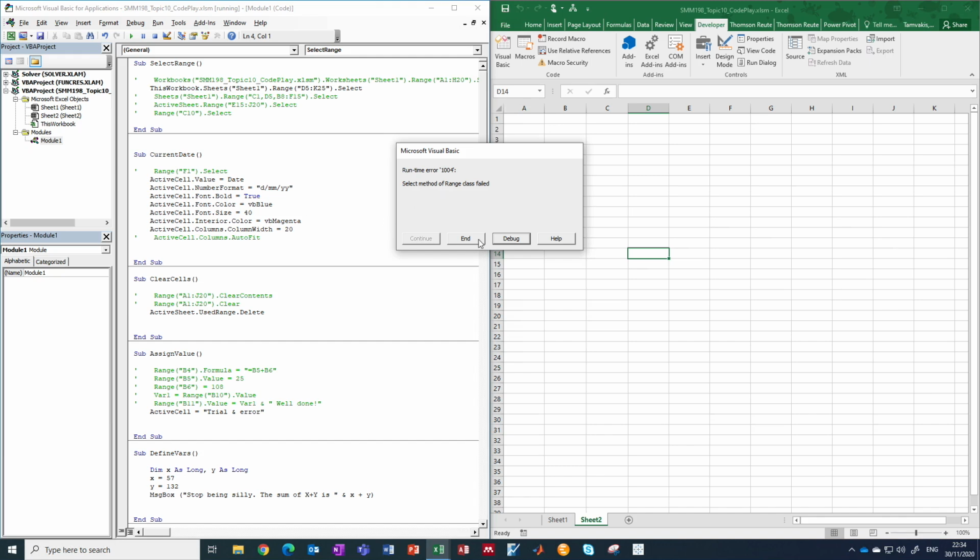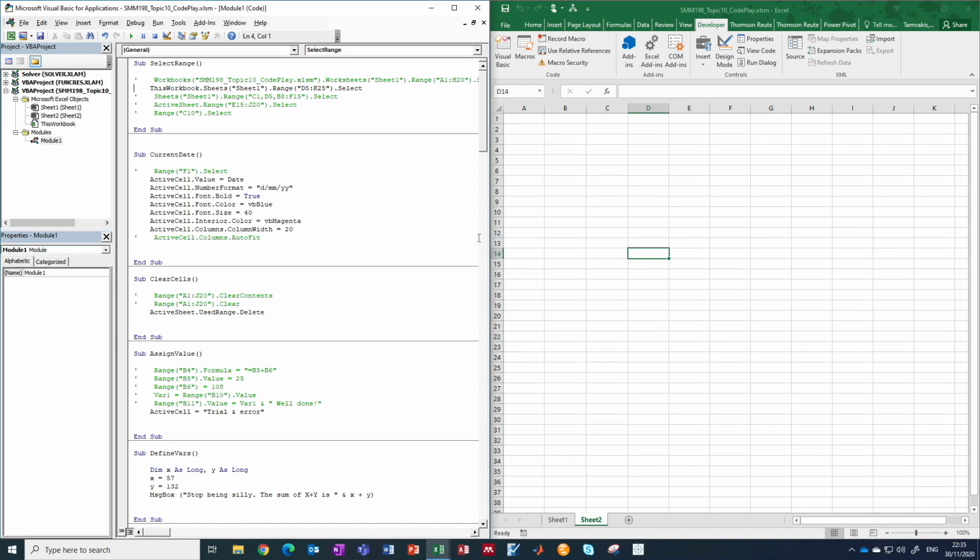No, it doesn't like it either. So you need to make sure that you are on the particular sheet, or at least that you select the sheet. Okay, so perhaps what you could do is say this worksheet 1, and before you specify a range,